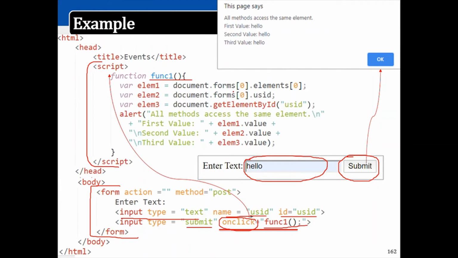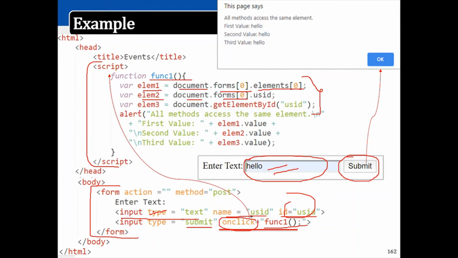It is just illustrating the three different ways in which I can access this text box. The first way is using the document and form hierarchy: document.forms[0], because this is the first form in this document, then elements[0], because this input type is the first element of that form. That gives elem1. Then for elem2, document.forms[0].USID, accessed using the name.